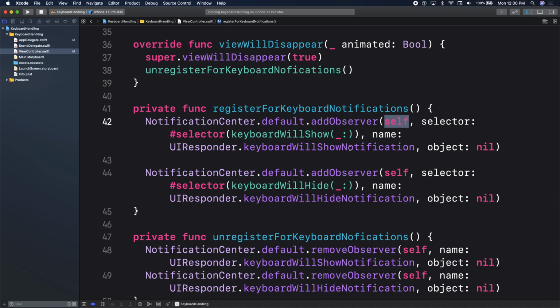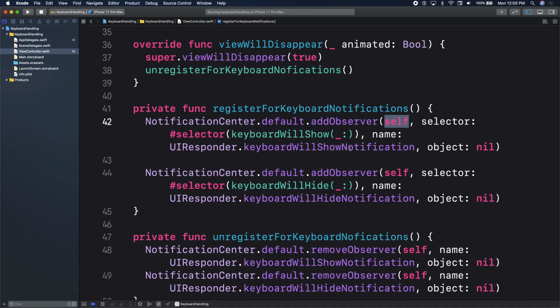And notification center, think about it like a call center, right? You are listening to changes on particular objects. The object I'm listening to the changes on is the keyboard. So when the keyboard comes up, UI responder is in charge of everything. UI responder will know that the keyboard is on screen, and UI responder is always also the one that has